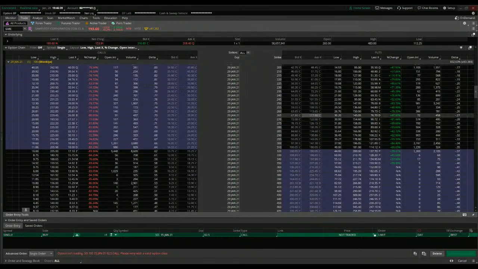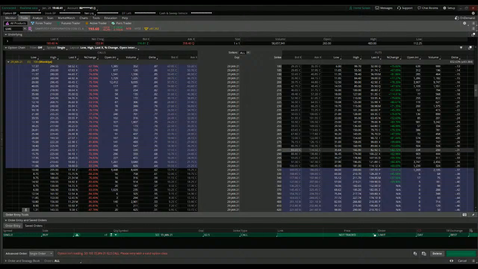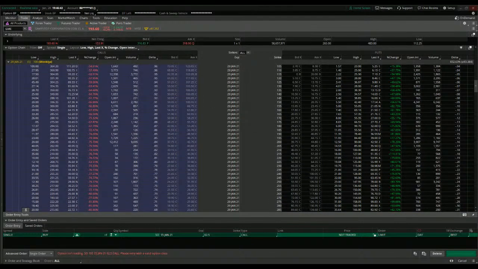So today we closed at 193. We're back up to 316. So we were in the money at the time was 193. So you can see right here, even in the money, the options were